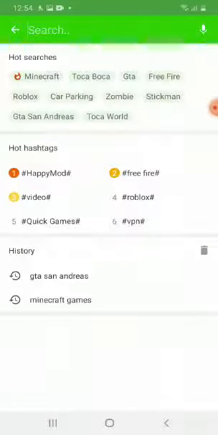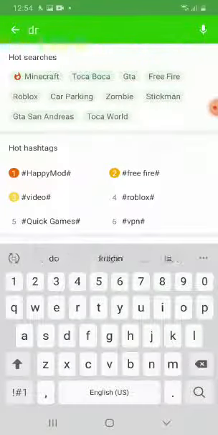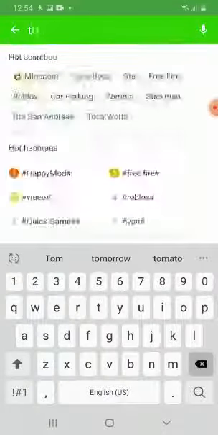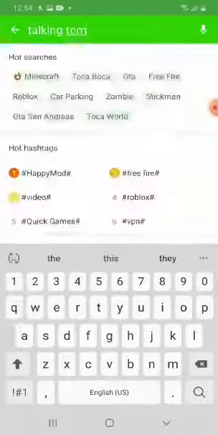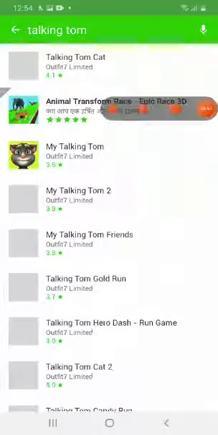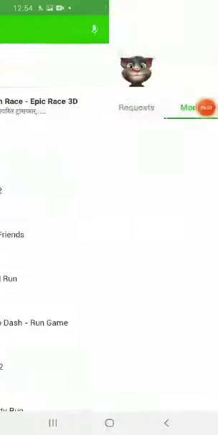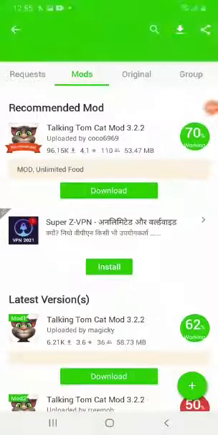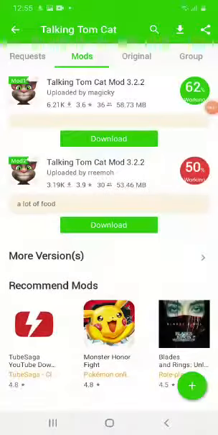You can download any of the mods with unlimited games, like the way I'm searching for Talking Tom Cat. You can see here mod unlimited food and apps. Like the way you can get a mod with unlimited food and money.